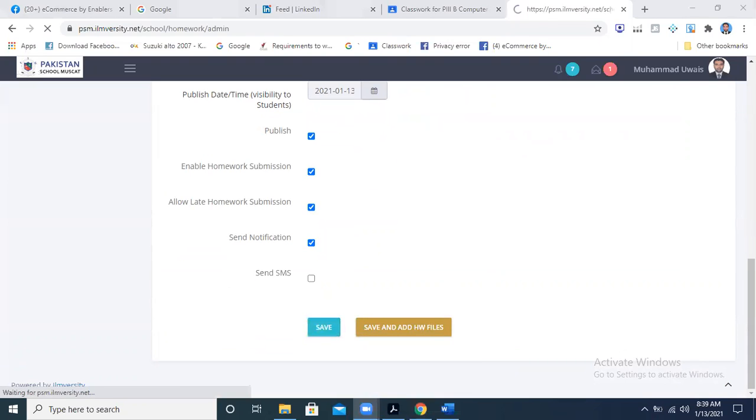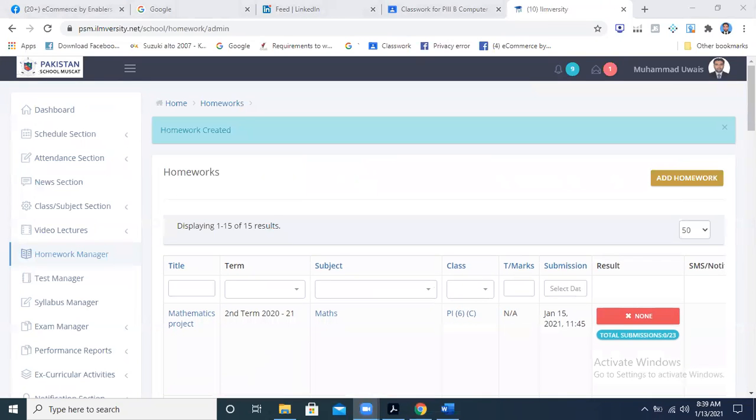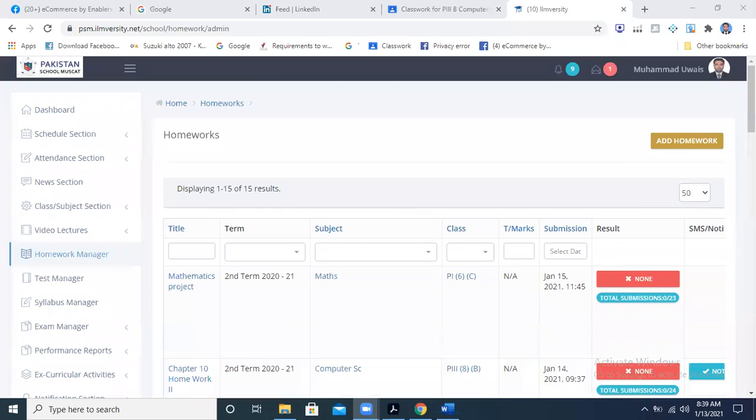Some students' names I was not able to find in the class list. I'm not sure why. Some students are not writing their proper name as mentioned in the attendance register, so sometimes it becomes difficult for me to mark attendance. Let me check over here. Right now, I think all names are fine.